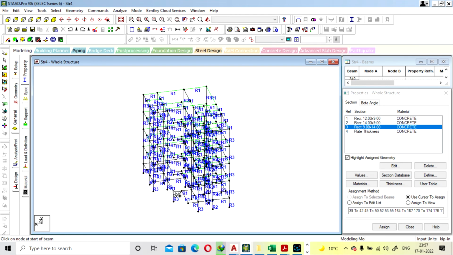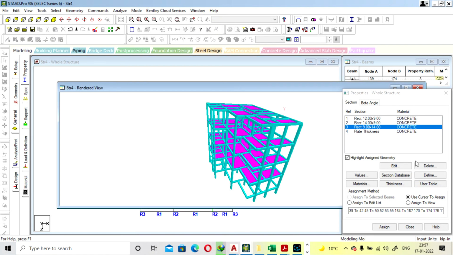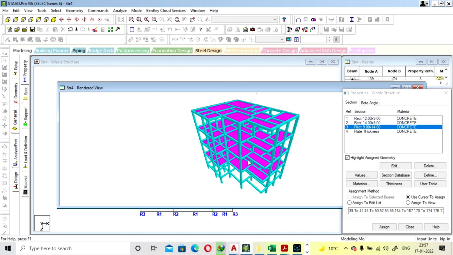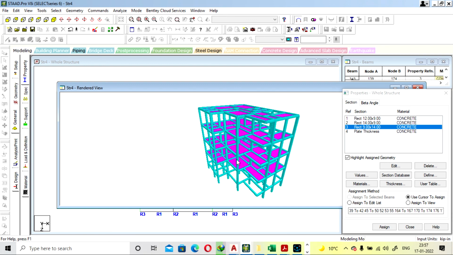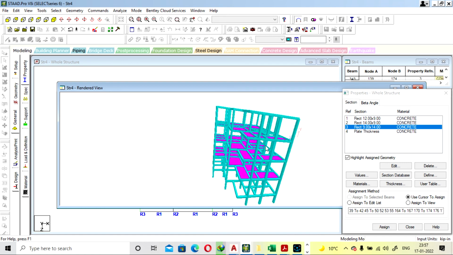Go to beam. Select, assign to selected, assigned. Now we'll check the rendered view again. Now everything is okay. Our beam is provided and the column is also provided where we require.